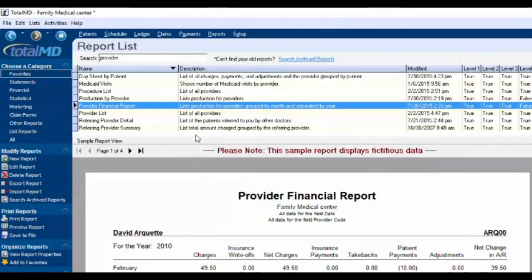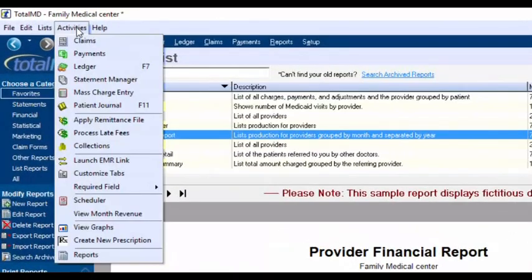Now the purpose of this video is to just give you an overall feel and flow of the software, but there's a lot of other things we didn't talk about. Whether it's coming up here and there's the mass charge entry, which we mentioned but didn't show, the ability to process late fees for individuals that haven't made payments on time, sending people to collections, doing electronic prescriptions or viewing graphs. Also, there's a program called Coding Advisor that integrates with the software that basically is like a code book